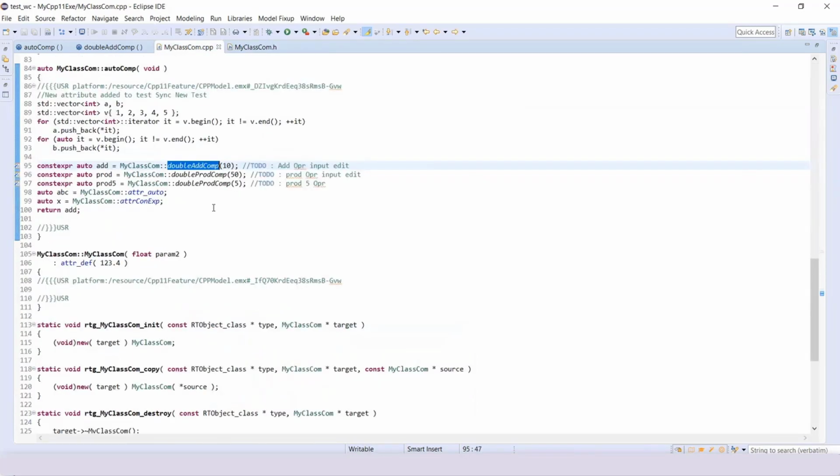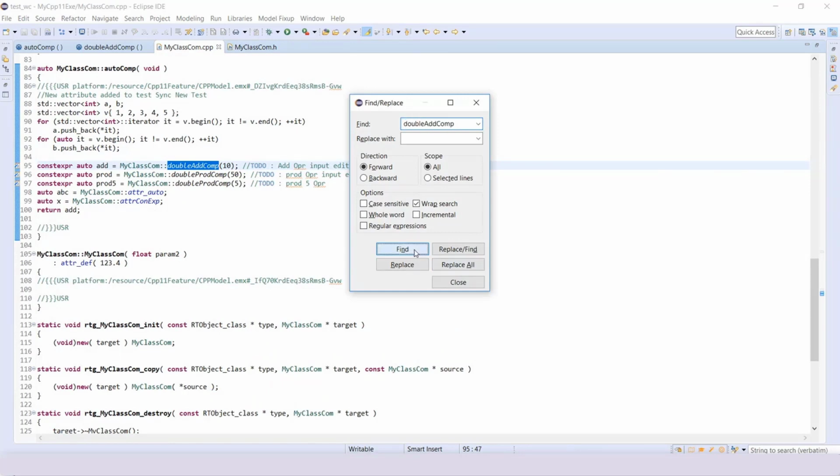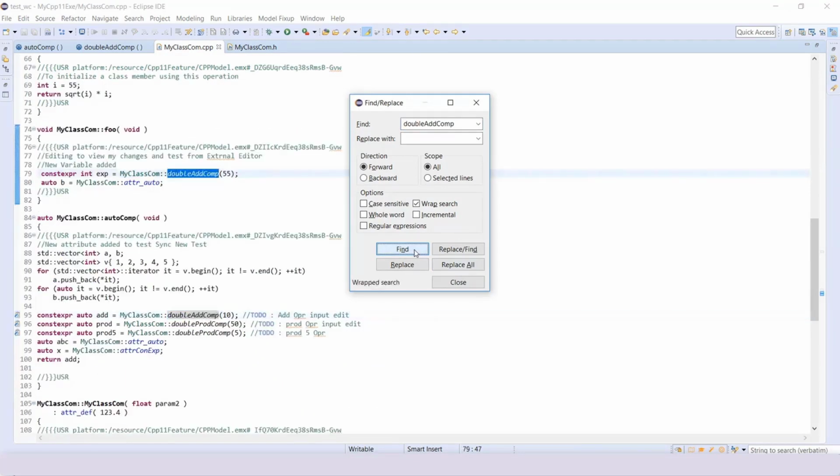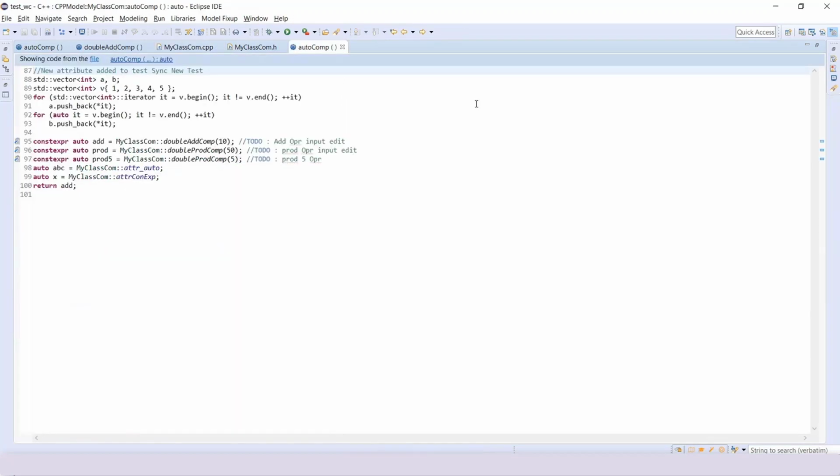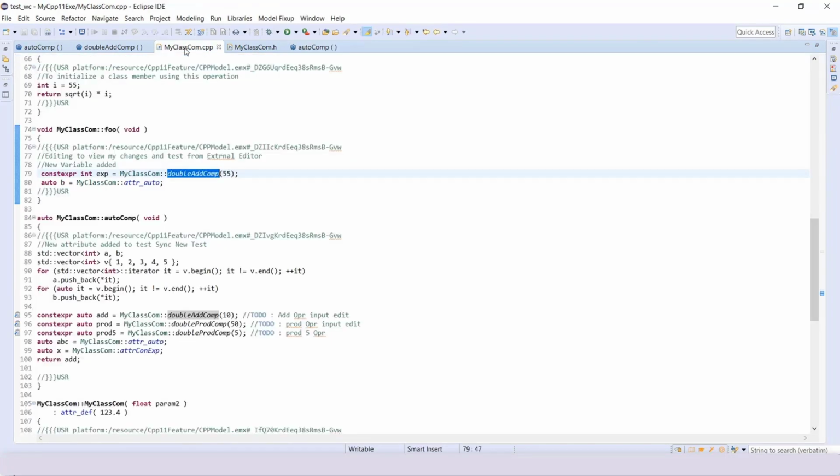You do Control F, you find this. Let's go back. You can see all the things that are here in myclasscom.cpp. It helps you quickly find the other operations and their code. So this is the main advantage, that you can see the full code view along with the AutoComp operation as well.